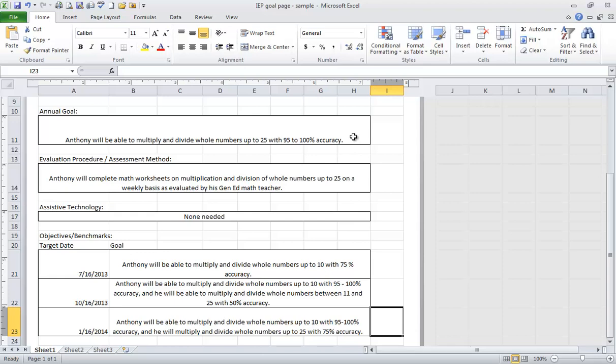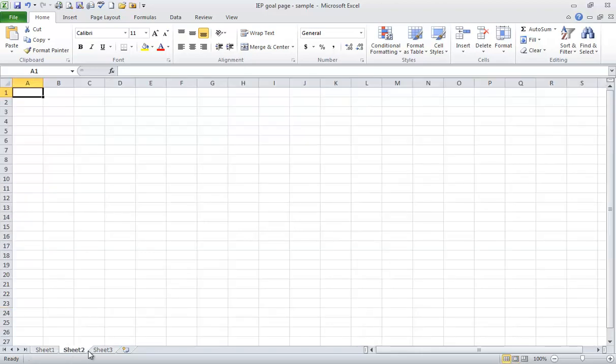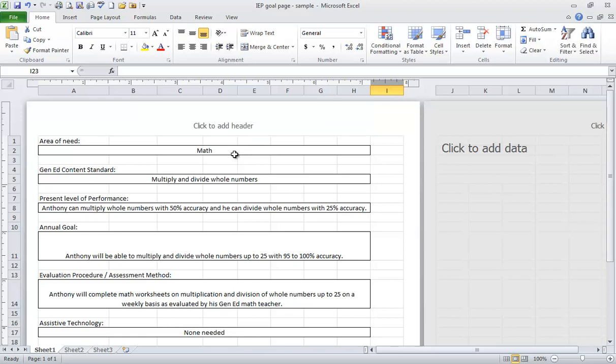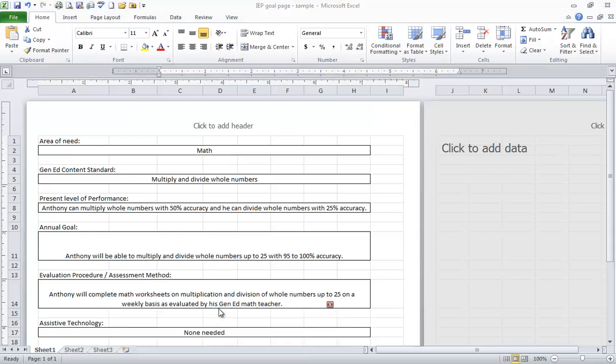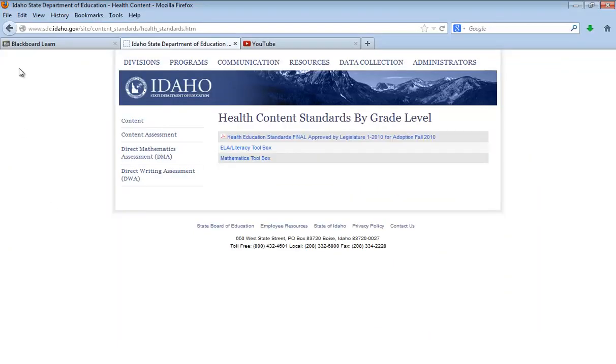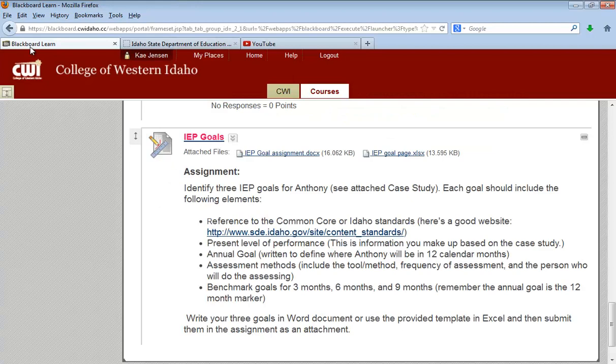Once I've written this, I want to copy this page to sheet 2 and to sheet 3 so that I can do my other 2 goals. And again, the choice is yours, whether those also be math goals or whether you branch out and try a language goal and a behavior goal. The types of goals we write need to be reflected by the members of the team who are part of Anthony's IEP. So don't go out and write an art goal per se when the art teacher was not represented in the IEP team. You'll save your document to your Blackboard site,